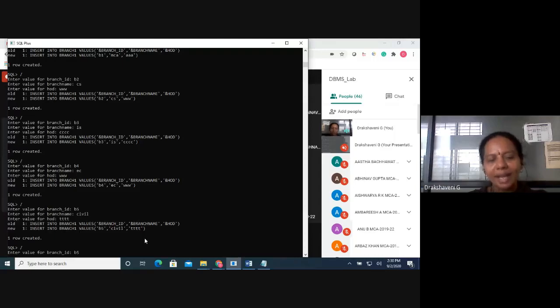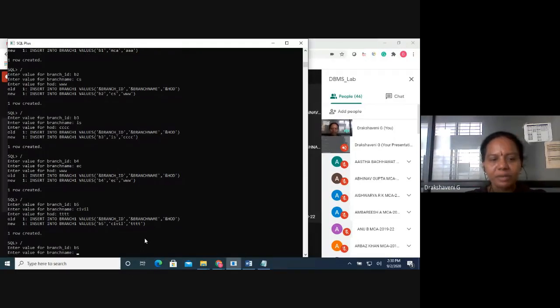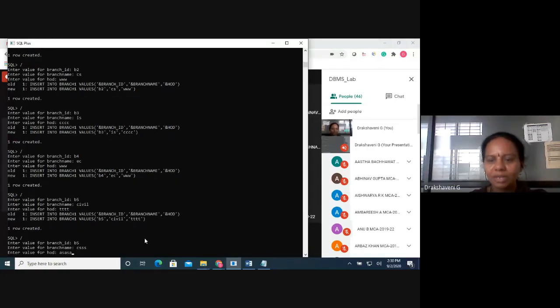Suppose unknowingly I enter B5 again with some HOD. Will it give an error or not? Definitely it will, because we have declared branch ID as the primary key, and a primary key should be unique. B5 is already there, so I cannot enter it again.